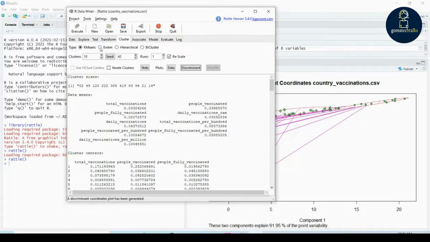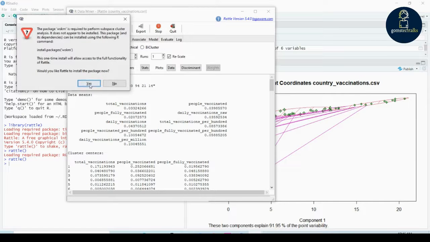If you want to check entropy weighted k-means clustering, you may receive a warning or pop-up message. This is because a few features need some extra packages to be installed.